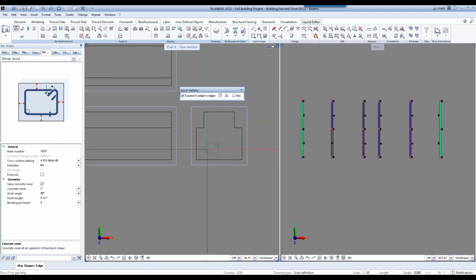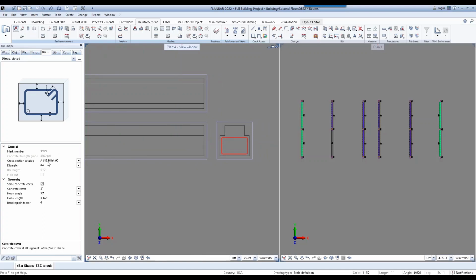It'll give me a few different options depending on the shape of my beam by hovering over the edges of it. But if we don't want the adapting to happen, we can just uncheck the box. But for this, I'm going to first go with this stirrup along the bottom of the beam.